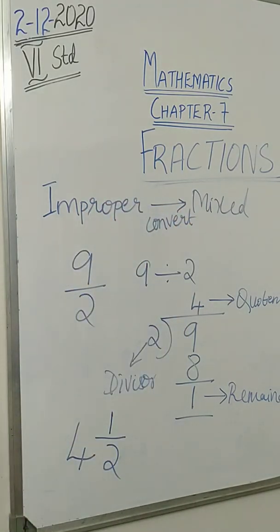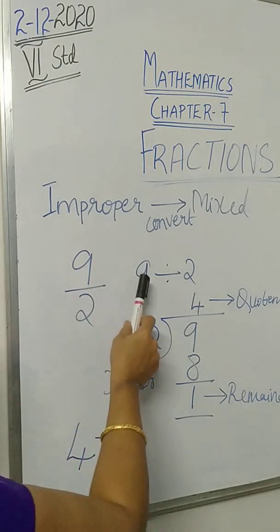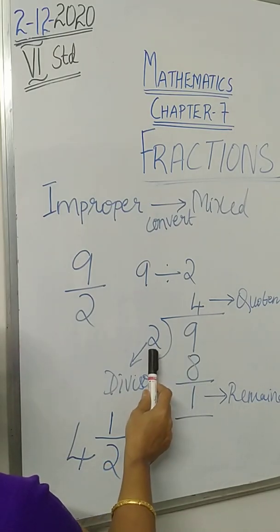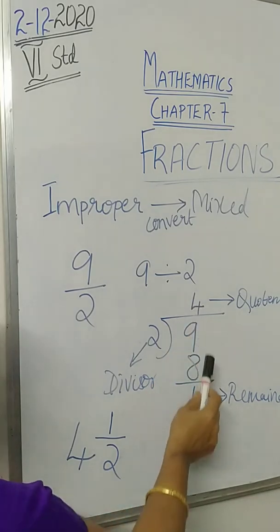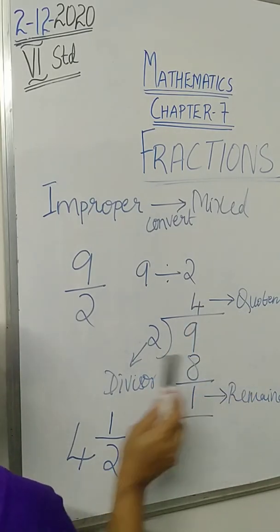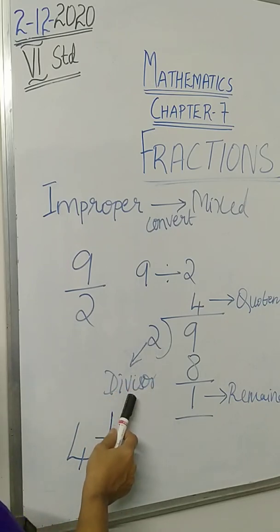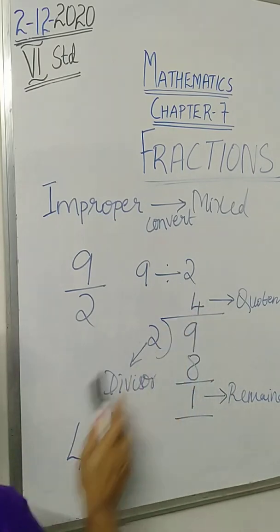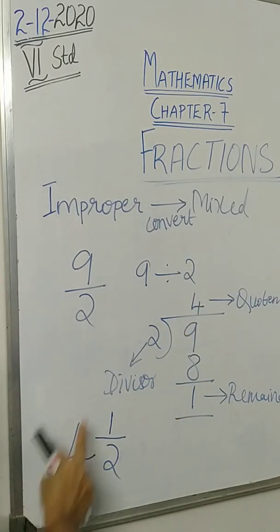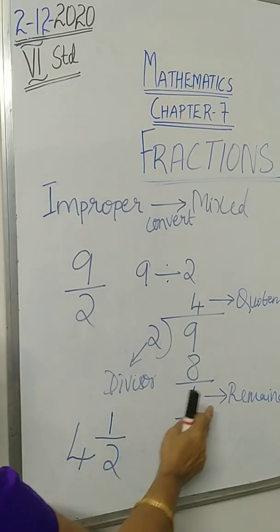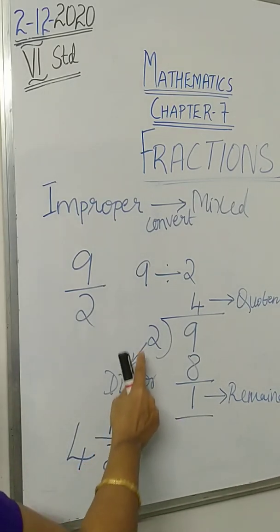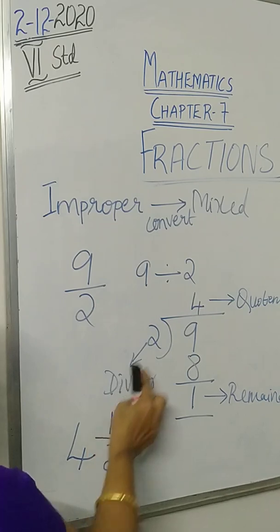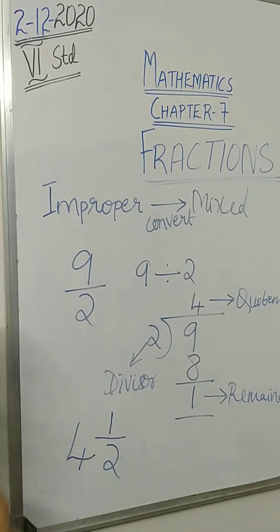I will repeat again. If you have an example 9 by 2, that means it is 9 divided by 2. So let us divide now 9. When it is divided by 2, 2 4s is 8, we get 4 as the quotient and 1 as the remainder. Same way, this is the divisor. So, we will write the quotient which we have got. Quotient is the whole number when we are converting into mixed fraction. 1, the remainder what we have got, is the numerator. Then we have got 2 which is the divisor as the denominator. So, it goes like this. The number which we got first, that is the quotient, that is the whole number.